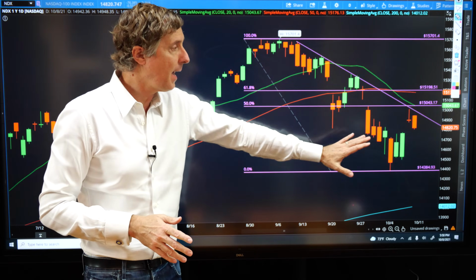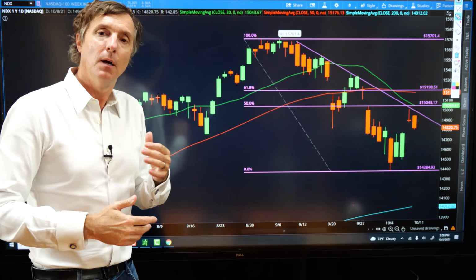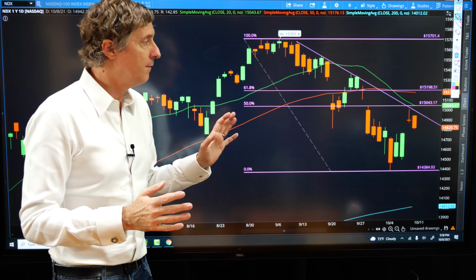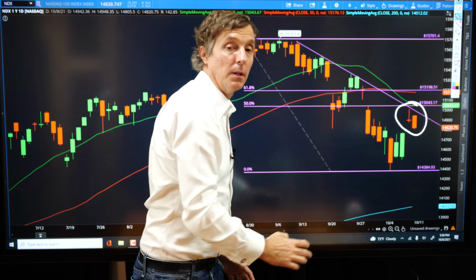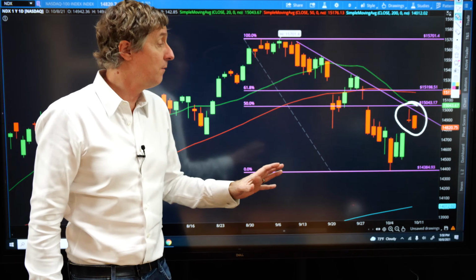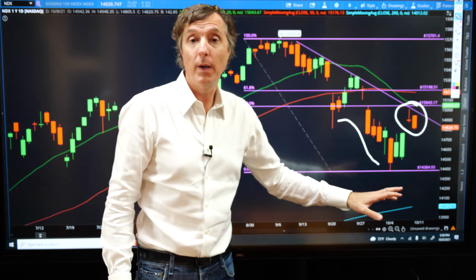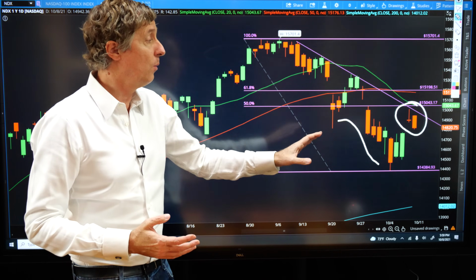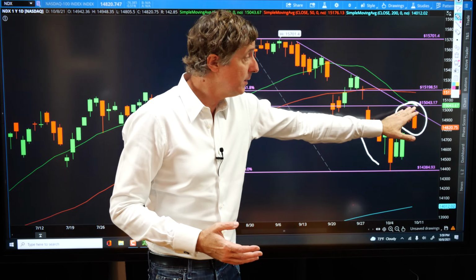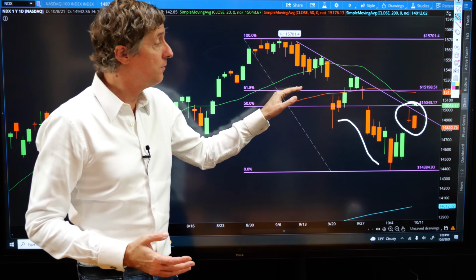So in this NDX cash, a couple of things that we need to carry forward in our narrative. Firstly, as far as the fib is concerned, we didn't make it up to the 50. It was a lower bounce. I think that has to do with the fact that the NQ was weaker on the way down, so it had a little bit more work to do on the way up. But that is definitely noteworthy that we have not yet reached the 50,